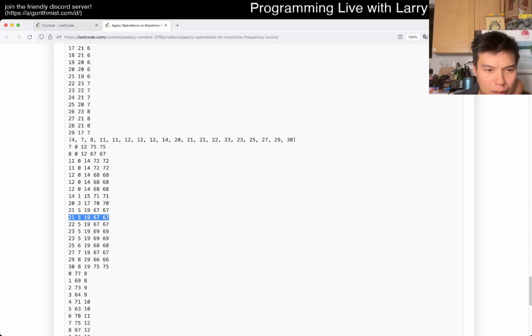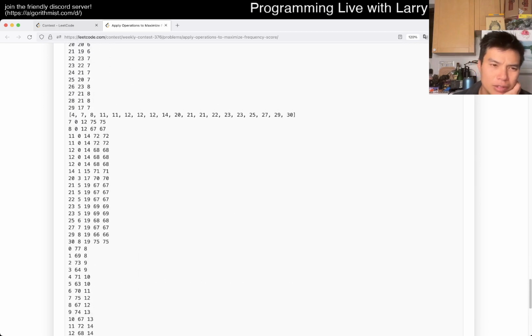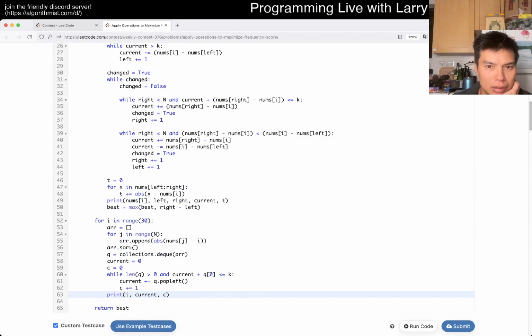Hmm. 21 is 0, 1, 2, 3, 4, 5, 6, 7, 8, 9, 10, 11, 12. Okay, I see. So it's all of these, but I could still squeeze in this one, but somehow it dropped off with 20. Is that true? So 20 went from 3 to 17, and then 20. If